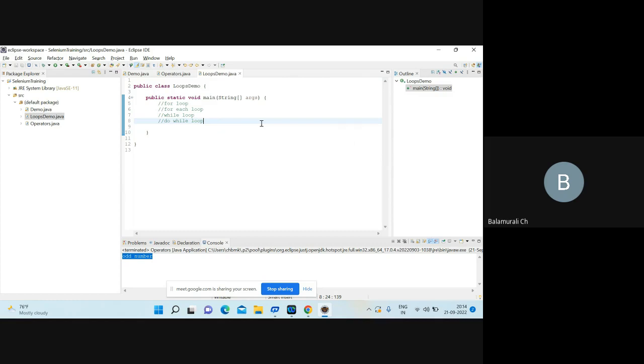Suppose a status column is there, 100 rows are there in each page. I will read the complete column data, 100 values I got. Each and every value I have to validate with the expected status, active. So in that case, I can use for loops, right? For that also we have some syntax. The keyword will be for,